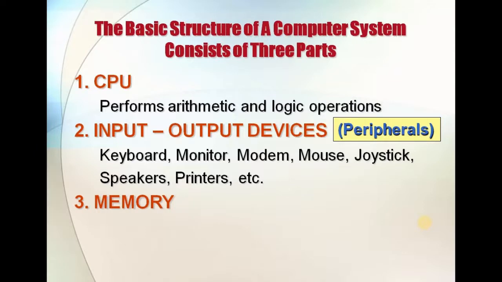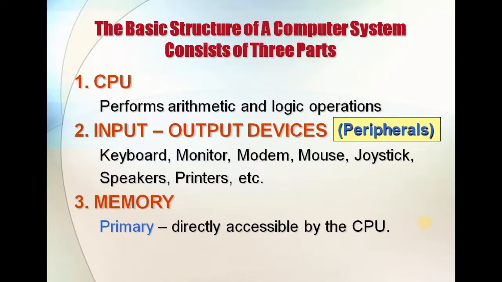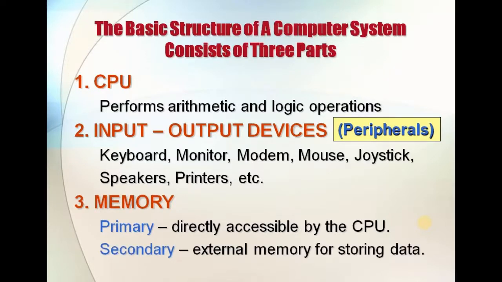And next is the memory. Like we say that computer has storage capacity, so it should have some space or some memory. Memory is categorized into two, that is the primary memory and the secondary memory. The primary memory is directly accessible by the CPU. Whenever we are running any applications or executing any tasks, that is run by the primary memory, and the example is the RAM, random access memory. One more we have, that is the secondary memory, and the examples are the hard disk or pen drives. All these are the secondary storage devices.